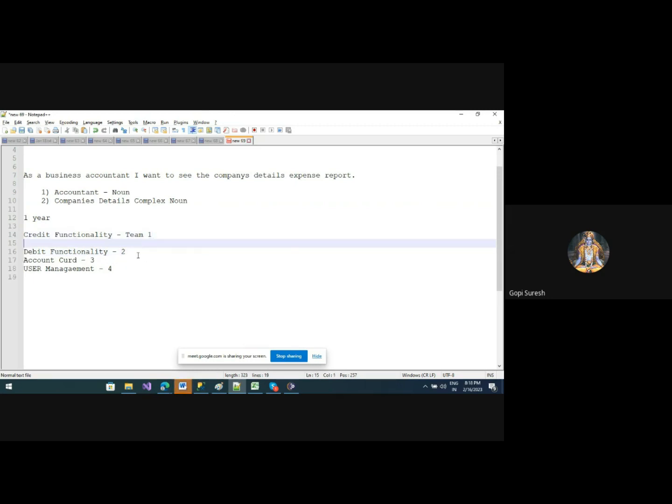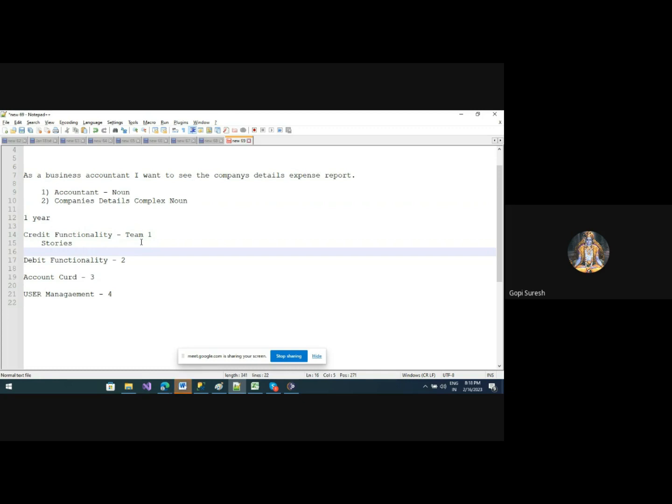When every team is doing their own work, this definitely needs close monitoring. So for that, the credit functionality related activities they will divide into stories. Story 1, you need to get the right account. Then after that, making the entry and where it needs to be stored, and all this.